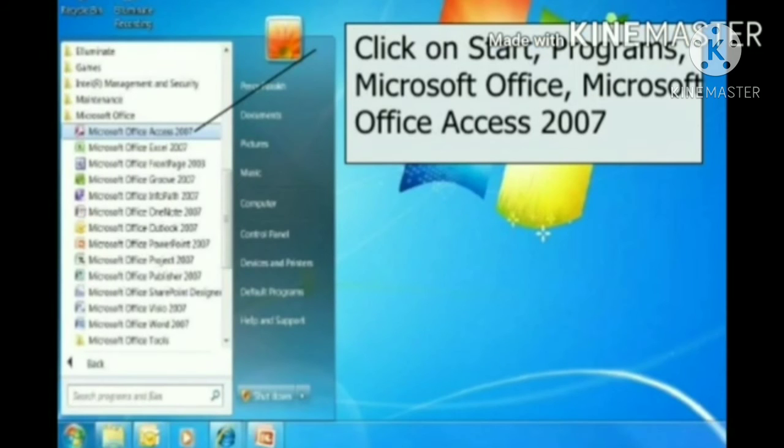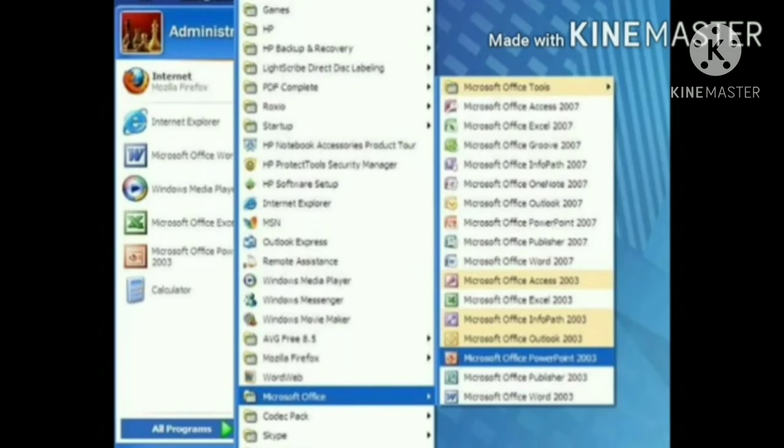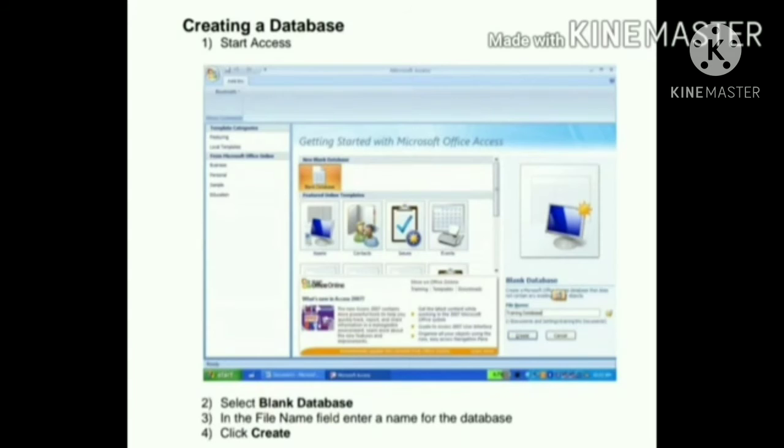First, everyone open your laptop and open MS Access 2007. Okay. First, everyone create a file. Creating a database: first, start Access. Second, select blank database.